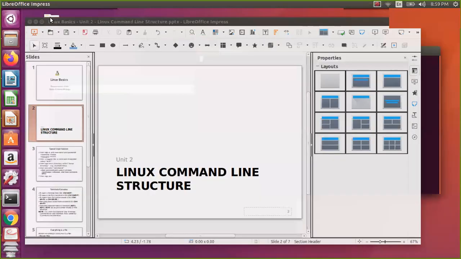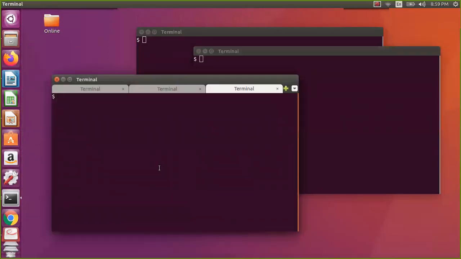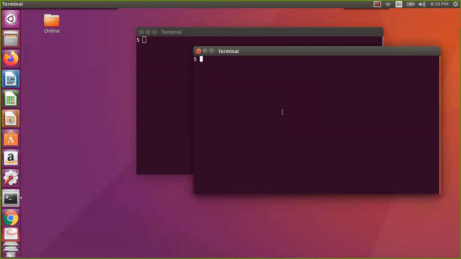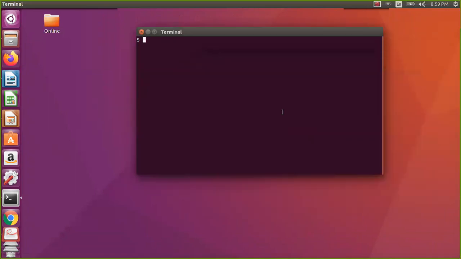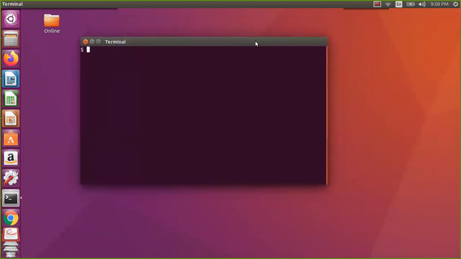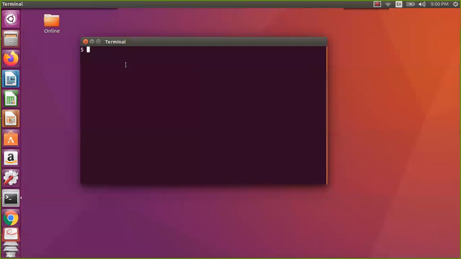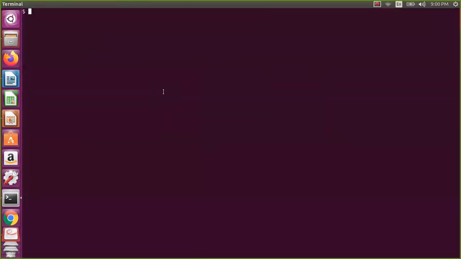So before starting, let us close all this. If you want to close, you can simply say exit. So it has closed one tab, and you can exit. And now if you say exit, it will close the terminal. So let us keep only one. I will close this terminal as well, and let us keep this particular one to demonstrate on. I just expanded this. Okay, so now I have the command line.